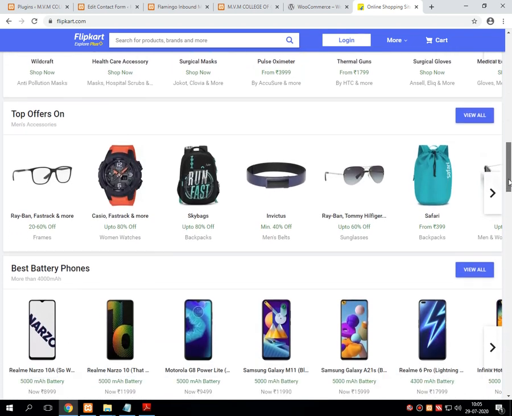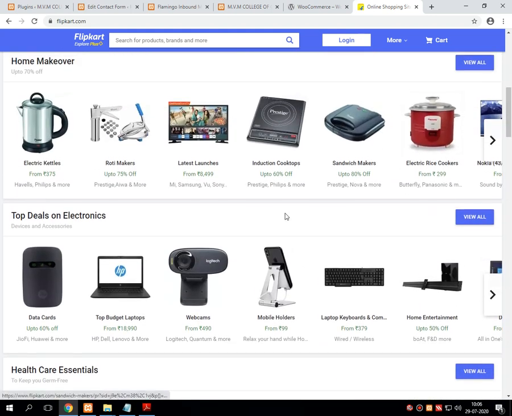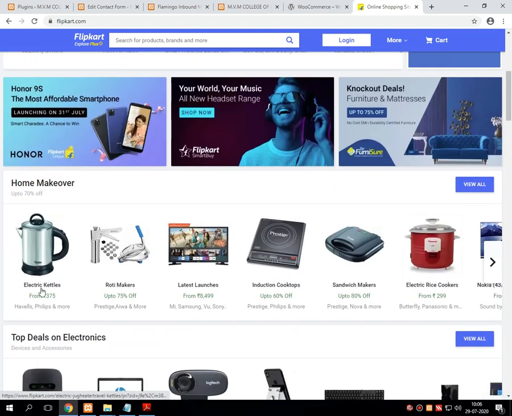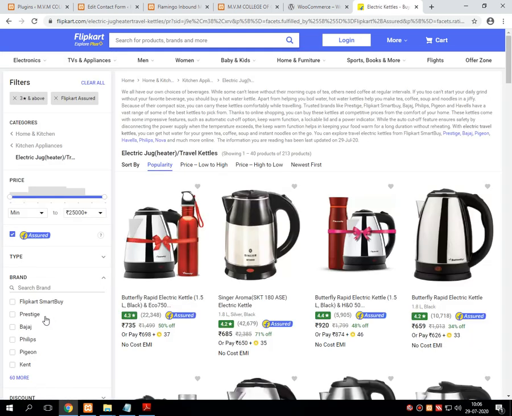In this site there are many categories and many products you can see, which you can directly buy from this website. For example, suppose I am purchasing this electric kettle, so I am just clicking on that electric kettle.